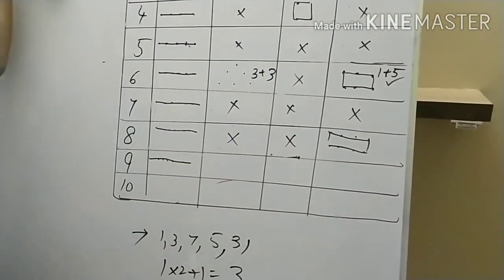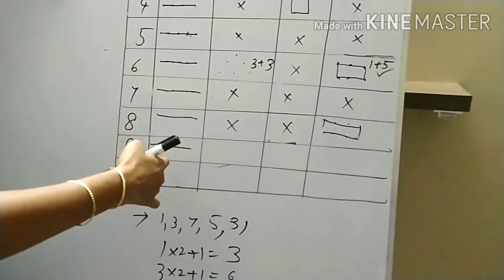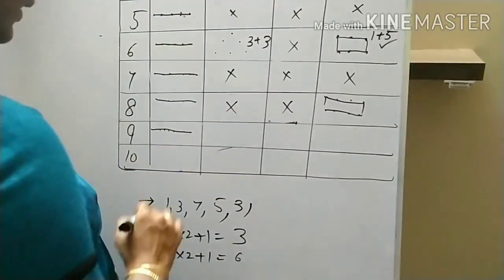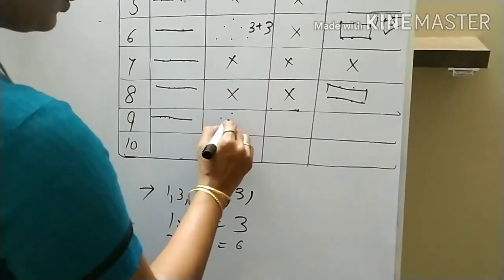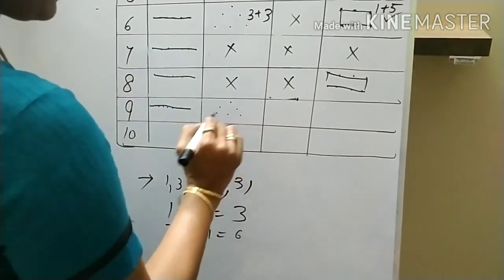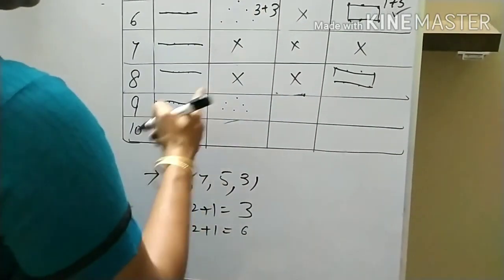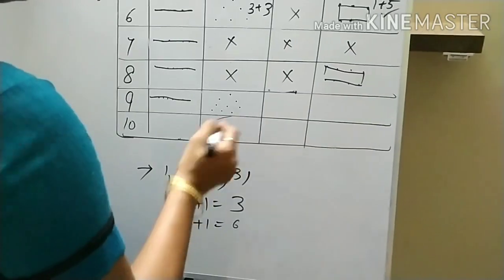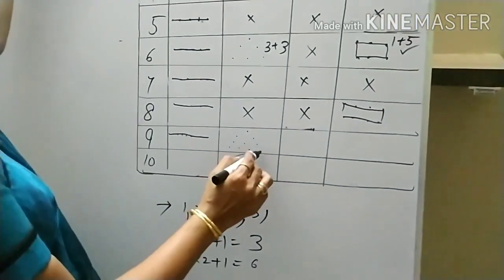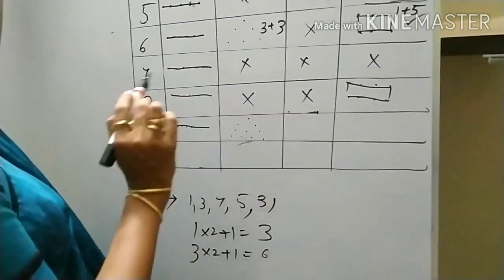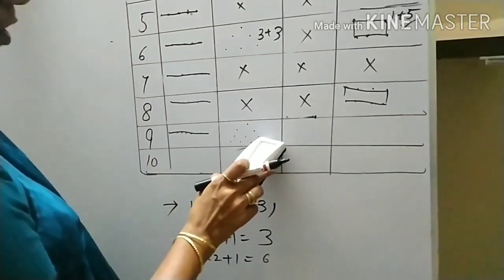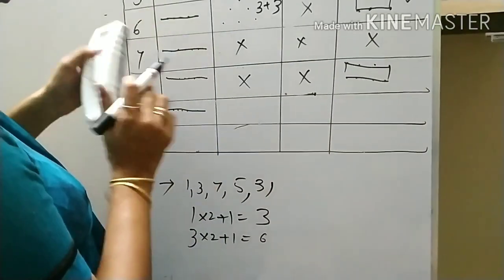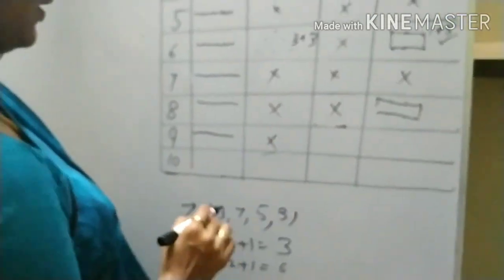A line is possible. If you observe here, a line can be formed with any number. See the triangle. 1, 2, 3, 4, 5, 6. Another 2, 3. This time also not possible. So here you have to get one more dot to complete this triangle. So this is not possible. Up to here only 9 dots. So a triangle you can't form with these 9 dots.